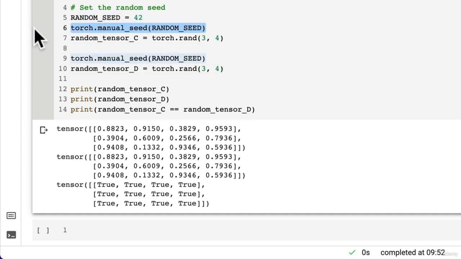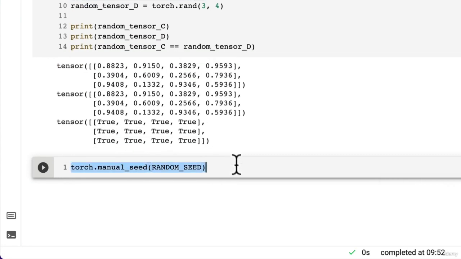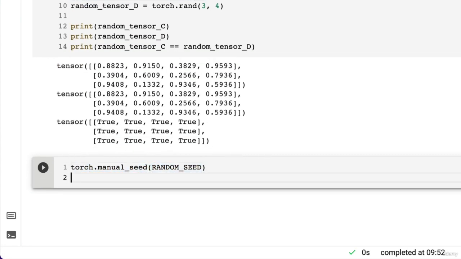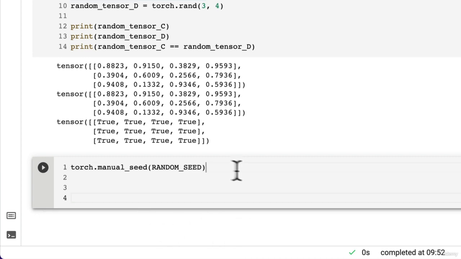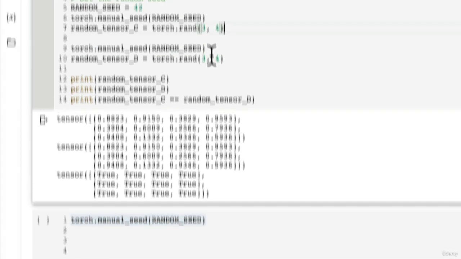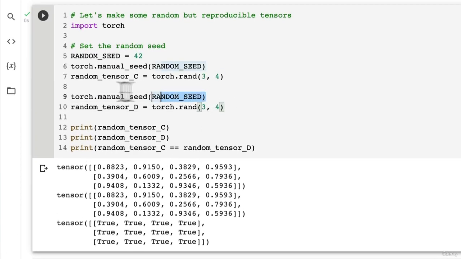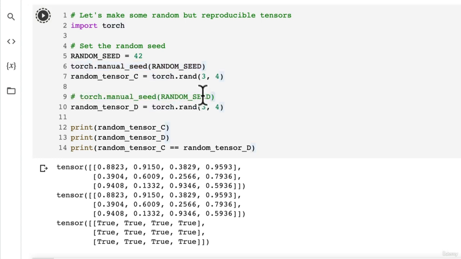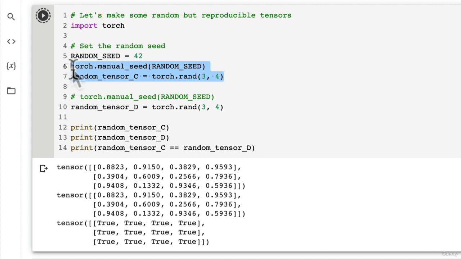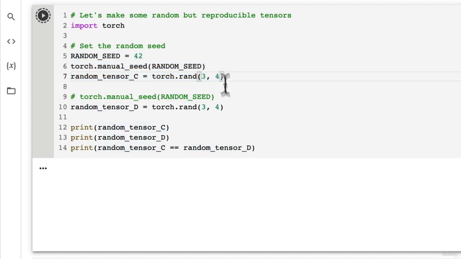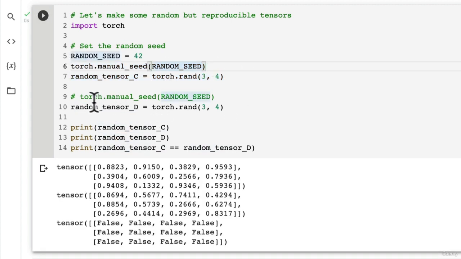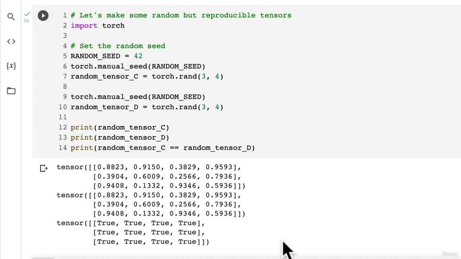However, if we're using other torch processes, usually what you might see is torch manual seed is set right at the start of a cell, and then a whole bunch of code is done down here. But because we're calling subsequent methods here, we have to reset the random seed. Otherwise, if we don't do this, we comment this line, it's going to flavor the randomness of random tensor C with torch manual seed, but then random tensor D is just going to have no flavor. It's not going to use a random seed. So we reset it there.